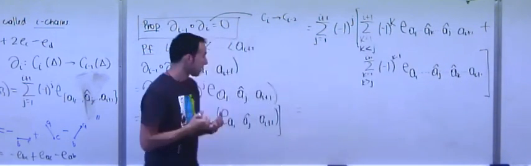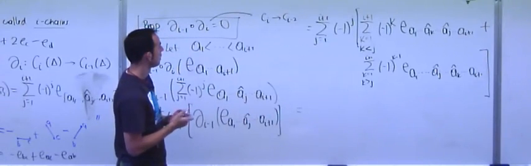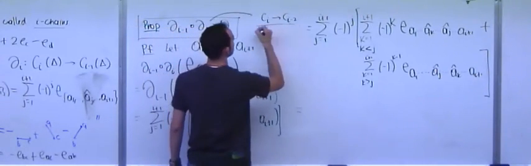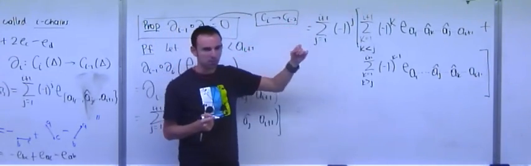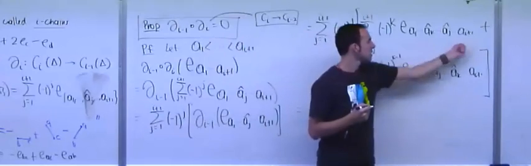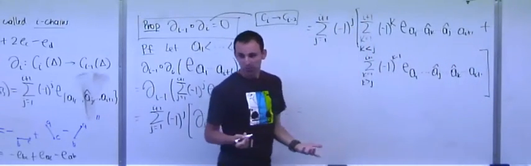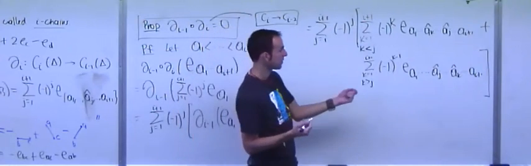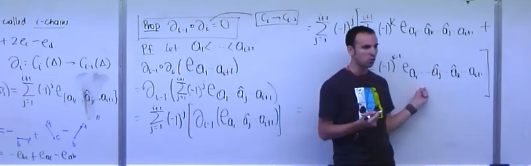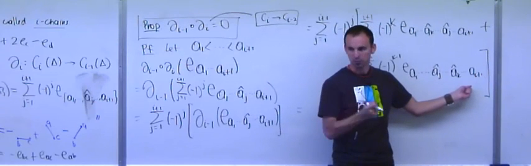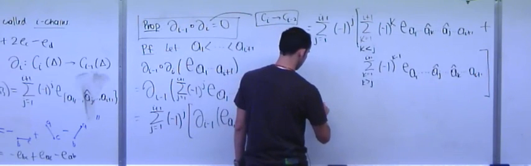Okay. So what kinds of things appear? Well, we know that this map took I chains to I minus 2 chains, and so it makes sense that everything we see here is an I minus 2 chain. Okay. Now, what kinds of I minus 2 chains appear? Well, they're exactly the chains that you get when you take the chain from 1 to I plus 1, and you take off 2 things. Okay. And so let's just sum